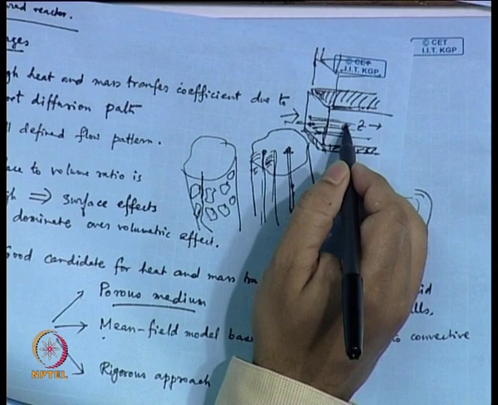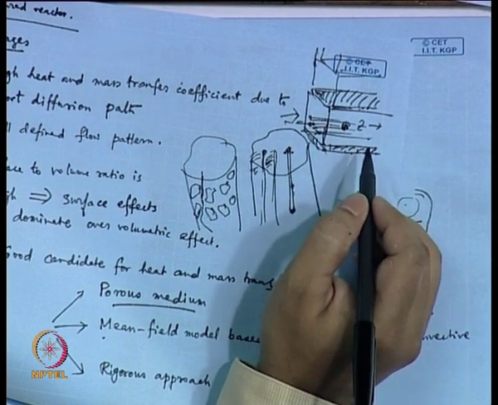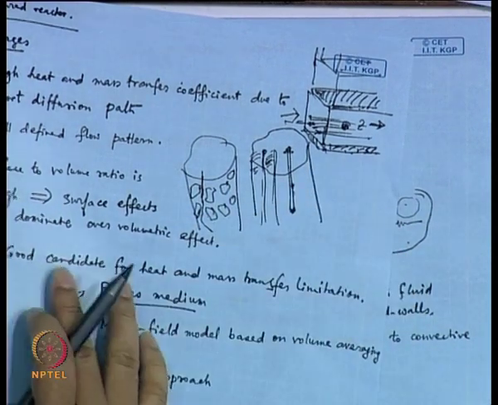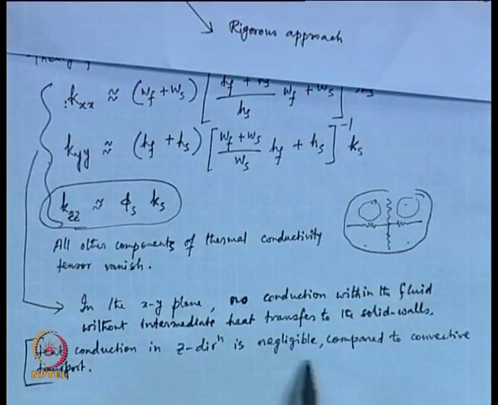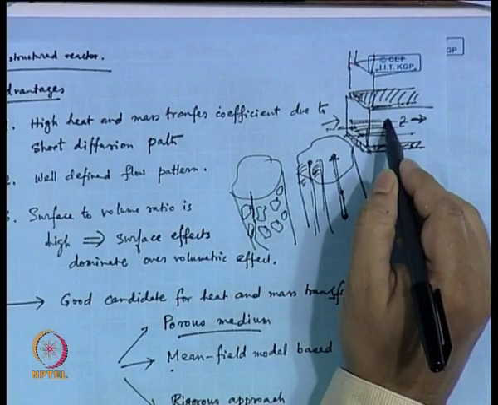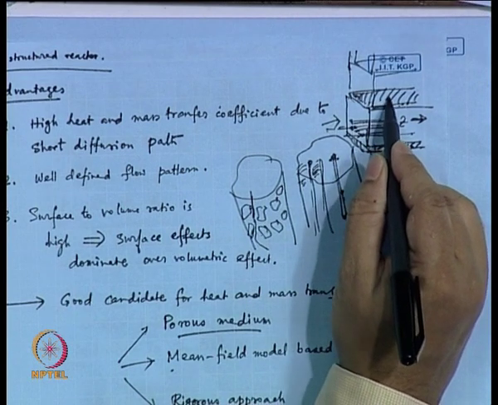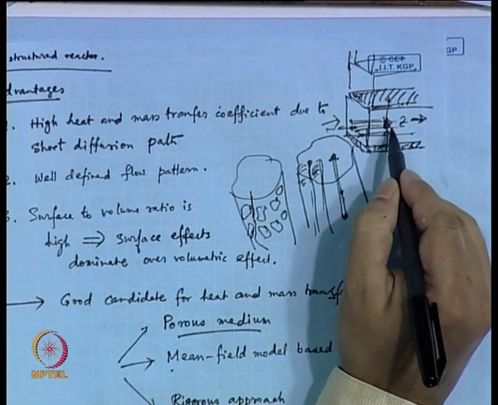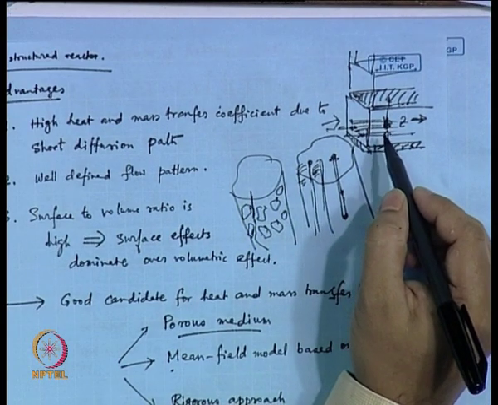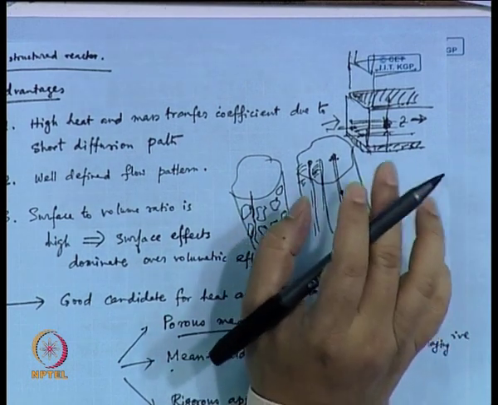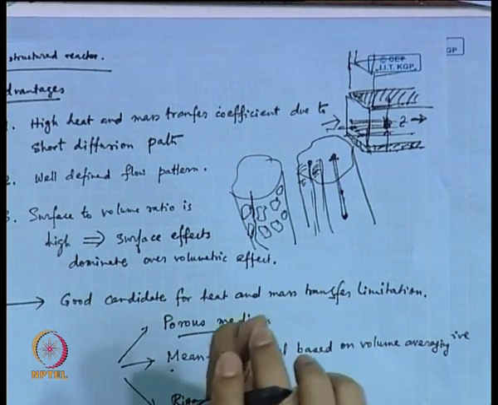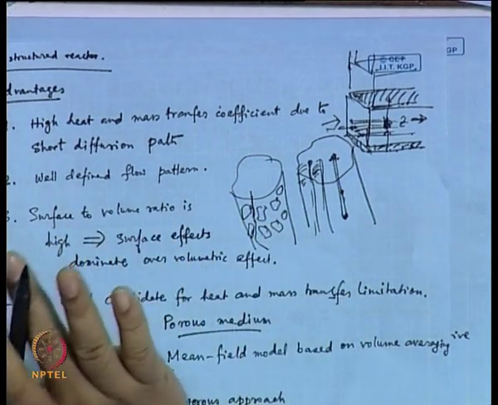So, we are talking about the temperature profile in z direction, and what I mentioned here is that heat conduction in z direction is negligible. What is important to you at this point is that you should have proper heat conduction between this layer to here and this layer to here, so that there isn't a substantial temperature drop. Okay. Why are you getting into microstructured reactors? Because you want to precisely control the temperature at which the reaction takes place,